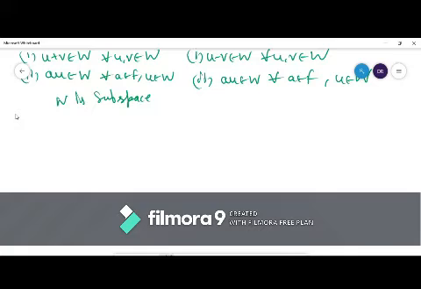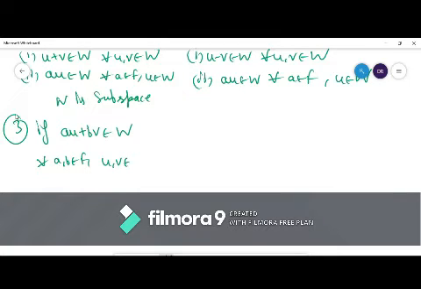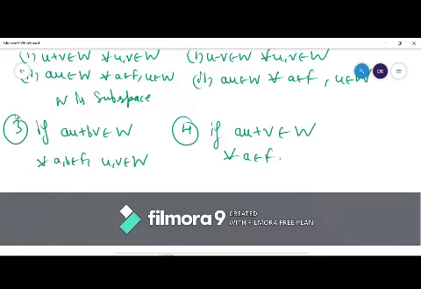Next, third property. Third, if AU plus BV belongs to W for all A and B belongs to F and U and V belongs to W, then W is a subspace. Only a single condition satisfies whether W is a subspace or not. Again, next, if we prove AU plus V belongs to W for all A belongs to F and U and